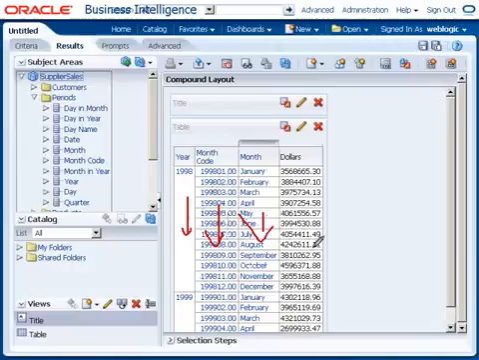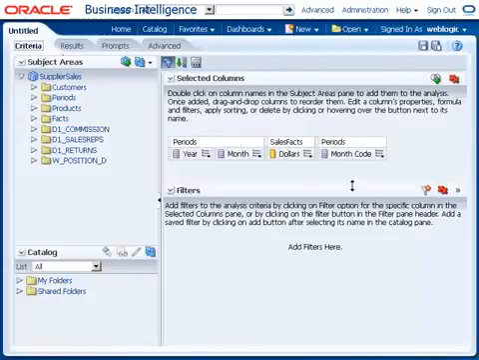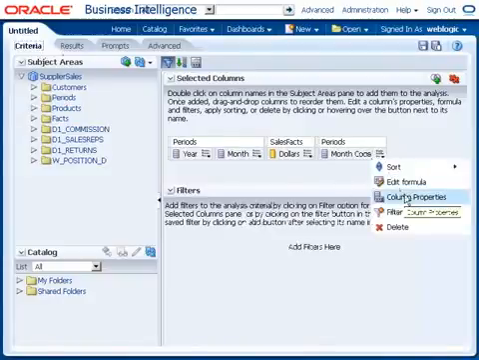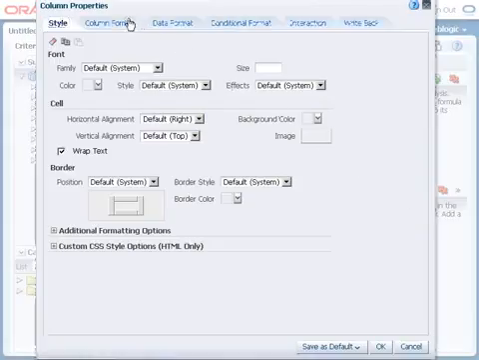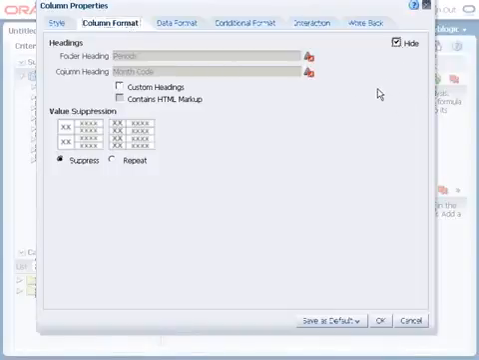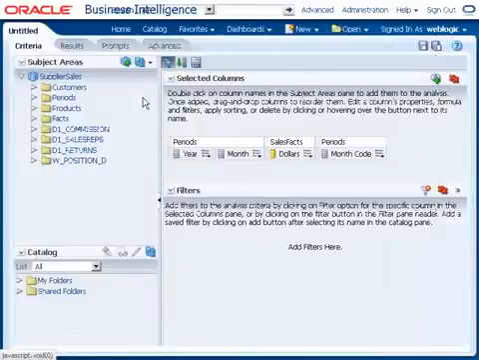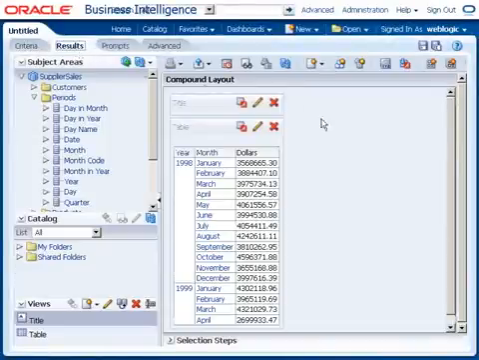Okay. Now, if people understand one point, this is going in ascending order. That is the reason we got it. But my customer is not interested in seeing the month code column. Then what do I need to do, sir? I can go to the criteria, then go to the month code column, then column properties. In the column format, I have one option called the hide option. I can hide it. If I click on the hide option, click on OK, and click on results, you can observe here